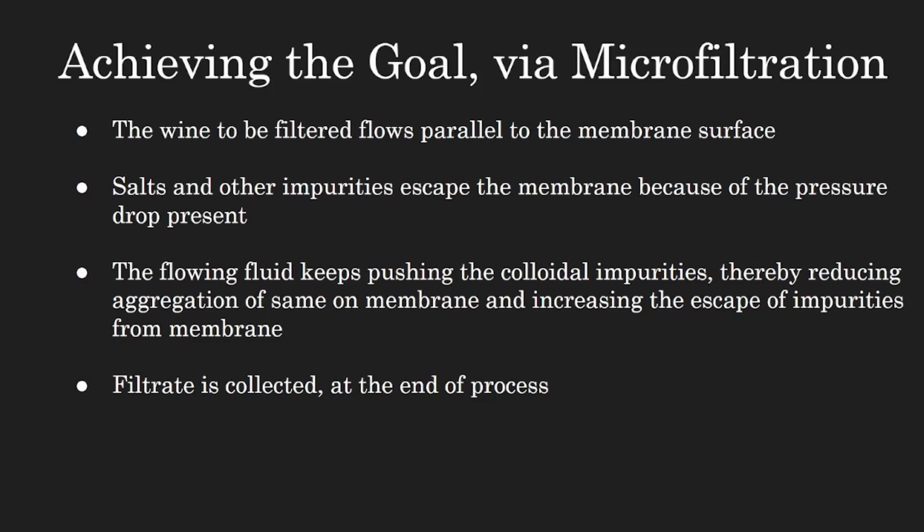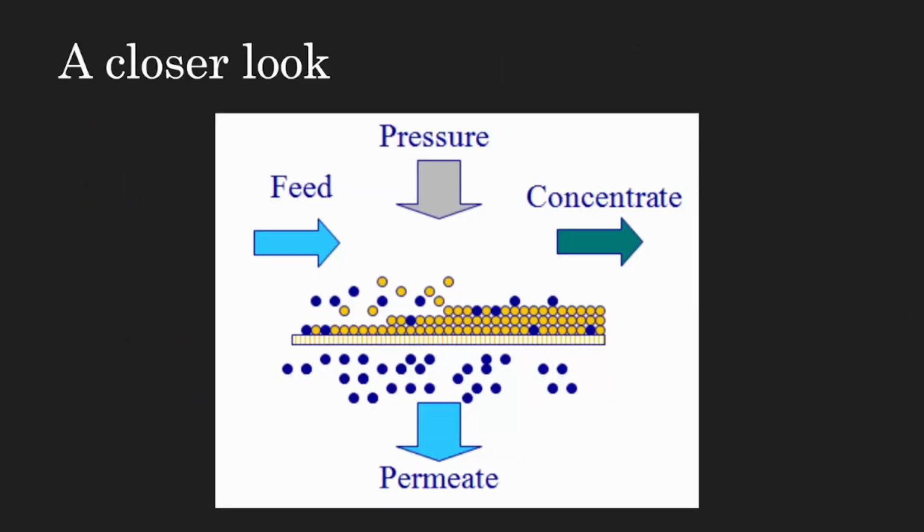So now let's take a closer look at the process, for instance how it works, the underlying principles, etc. As depicted in the picture, the wine to be filtered, shown as feed in the picture, enters the system with some velocity and has some colloidal particles in the form of impurities in it. The sheet-like object in the picture with scales is the membrane, which governs the entire process with pressure, temperature and other factors mentioned in the upcoming slide within certain upper limits. So wine flows from left to right, and due to its momentum and the pressure drop between either side of the membrane, the colloidal particles pass through it, thereby leaving the wine filtered, and it is collected from the right-hand side as shown.